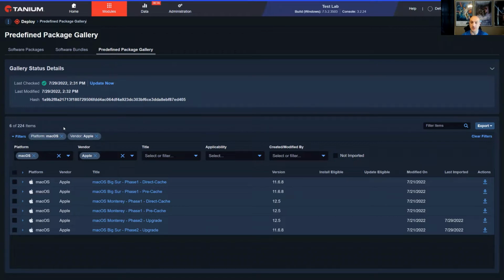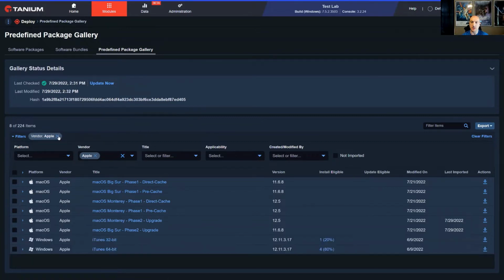Personally, I would love to see the growth accelerate even more. I can't commit to anything, but we do try to add packages periodically as our customers request them, as there becomes a clear need to bring them in here. And what are some of the most popular titles in the gallery, you think? So certainly,